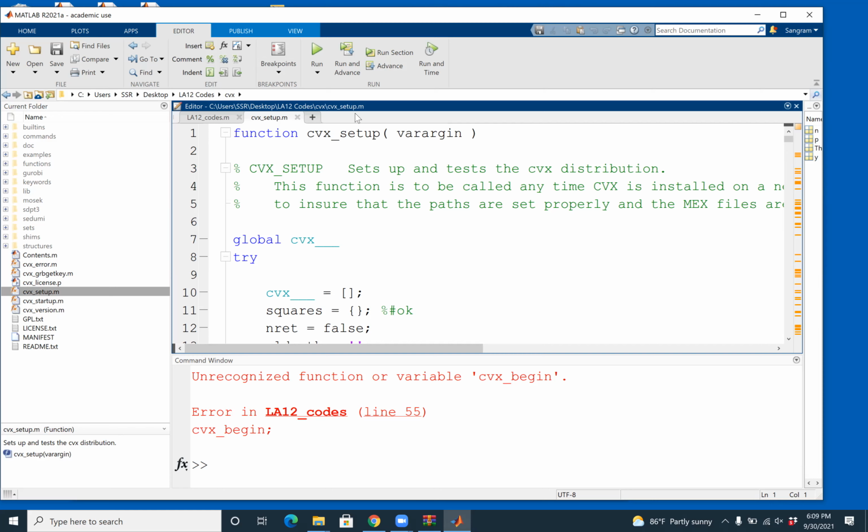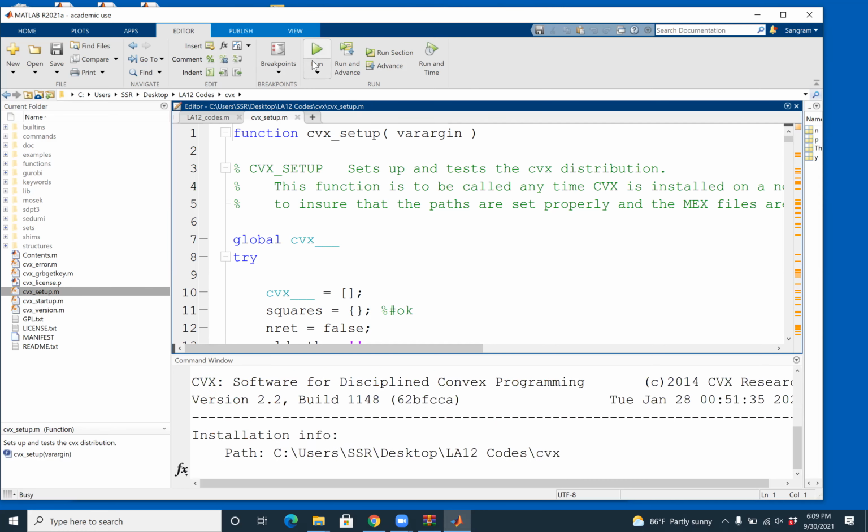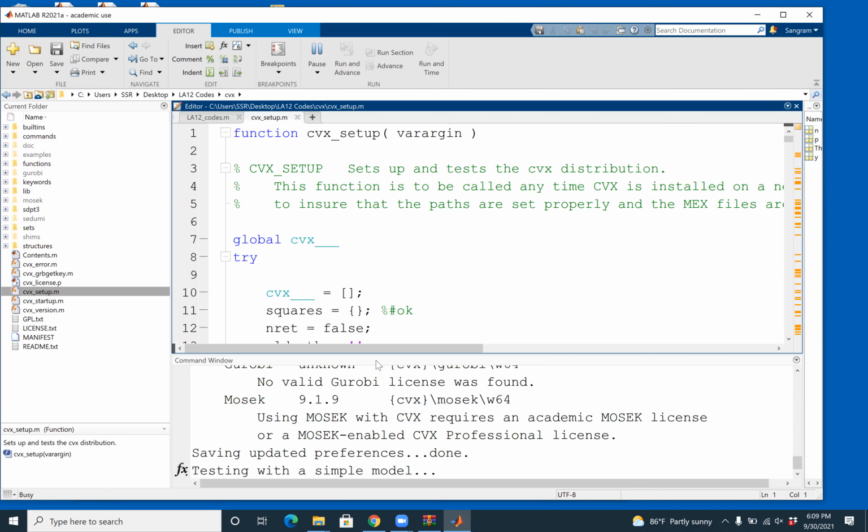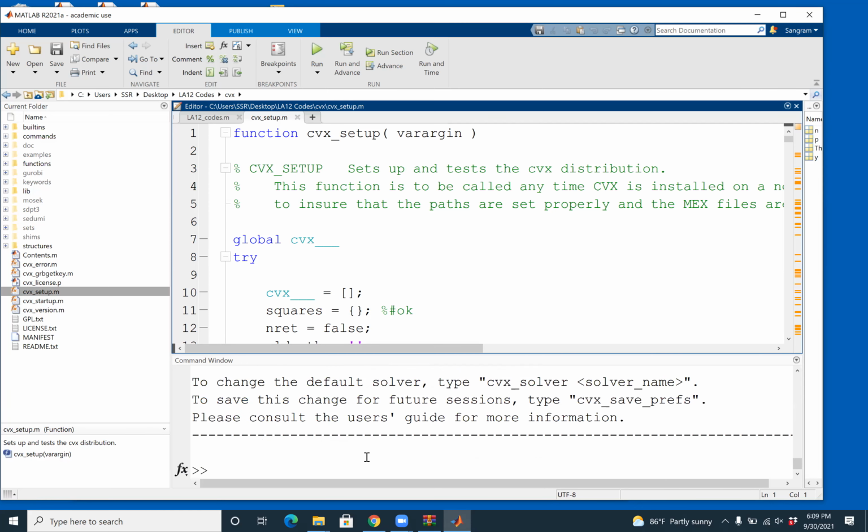Now I want you to run this file, and it will install the files in the directory, and then you should have a successful installation of the CVX solvers. CVX includes some solvers that are freeware and some that are commercial.